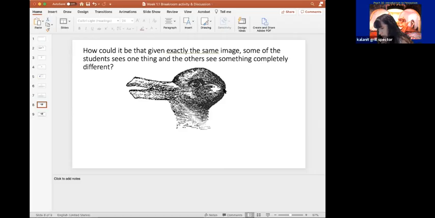Okay, so I see a lot of people raising their hands. Okay, now I'm going to move the cursor here to this left side. And now raise your hand if you see a duck. So a lot of people are raising their hands now that they're seeing a duck. So it does look like where you're looking, and not only your experience, affects this, because I could change your perception just by making you look at different parts of the image.